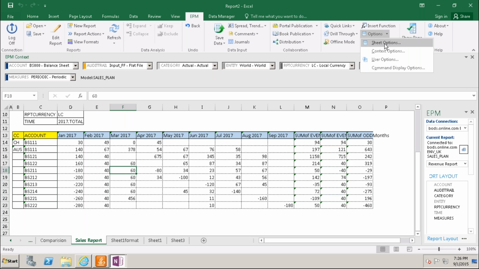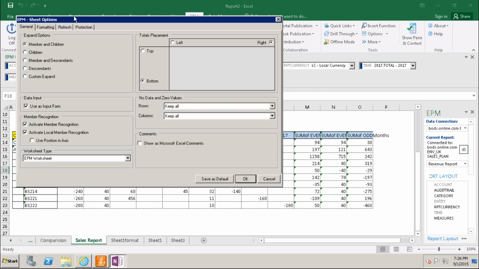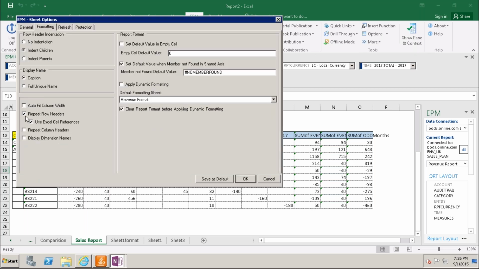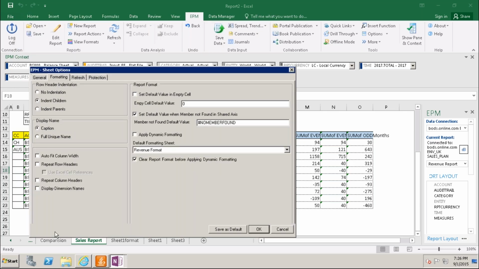I'm not understanding why it is not working here, but it will work. Wherever we keep this repeat row headers, it will work here and in edit report, both ways work the same. Somehow it is not working for us. The same options we have in the edit report will work here.